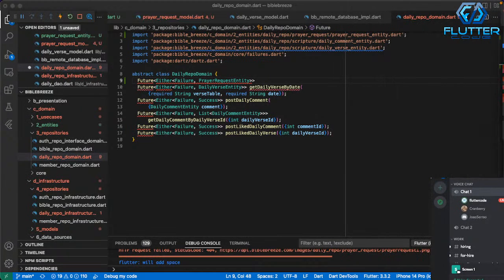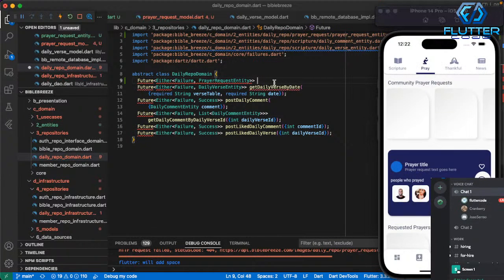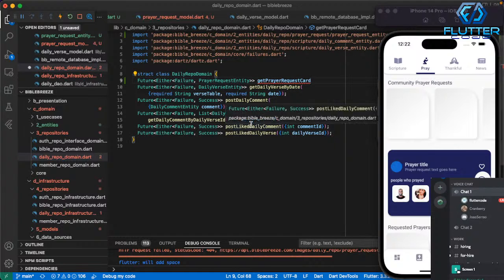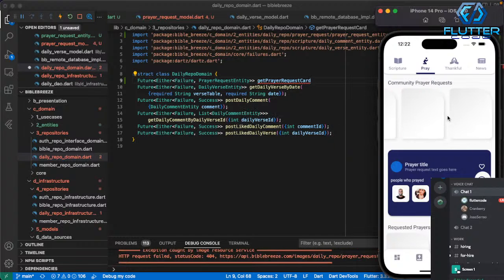Okay, so we're going to request prayer entity, and we want this card. So we're going to call it get prayer request card. How are we going to get it? Are we just going to randomly get one? Well, we know we're going to be on someone's prayer page, so we can get it by member ID. We could get it by prayer ID. It just depends on what they click on. So we're going to have multiple, just like this: get daily verse by date, post daily comment. We're going to have multiple, like get